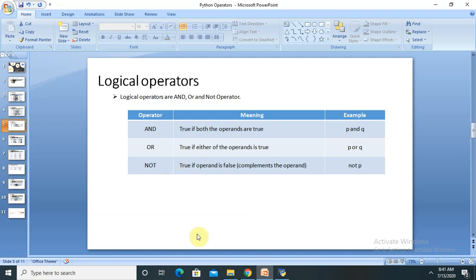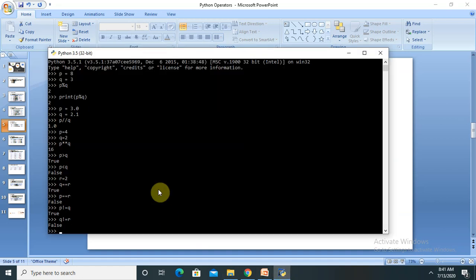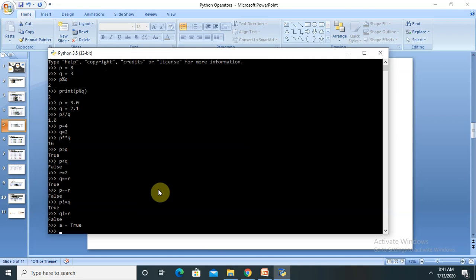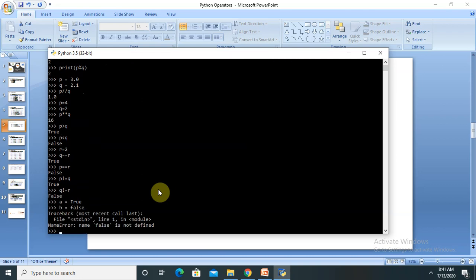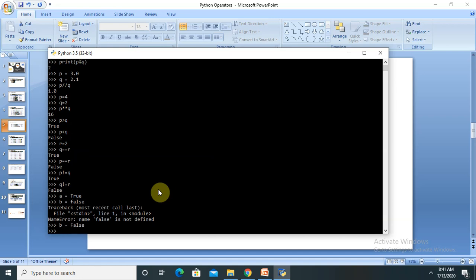So let me print here the value. a equal to True, b equal to False. Let me give it here as an uppercase value.